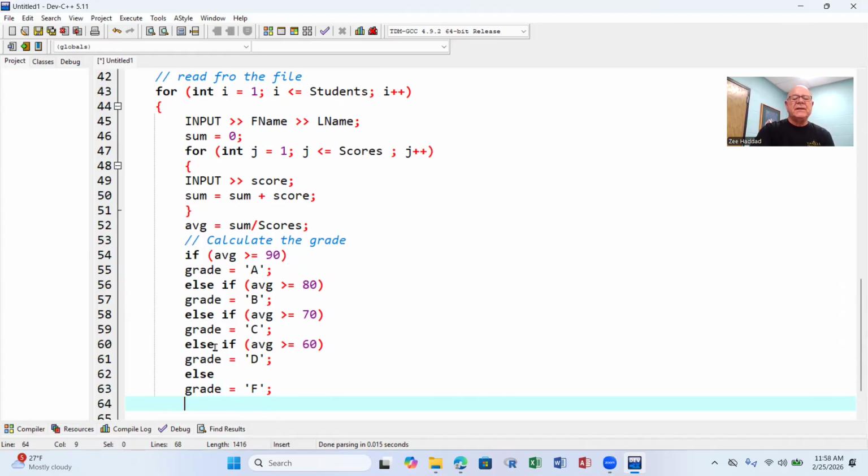So this will calculate the grade. It checks to see if it's over 90, that's an A, skip the rest of them. If it's not, check to see if it's over 80. If it is, that's a B, skip the rest of them. We'll keep going through it till you go through the whole thing. And now the last thing is,